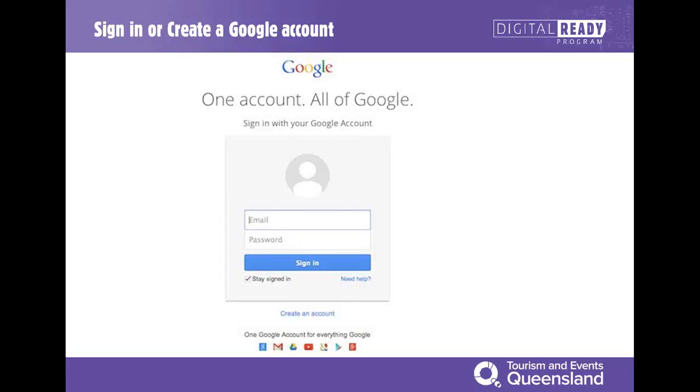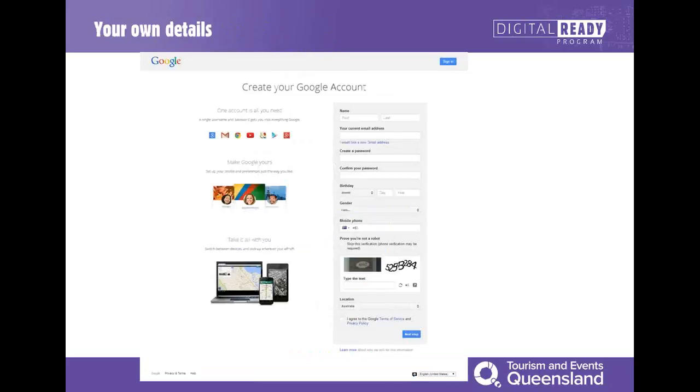Now, for those who have already got a Google account, don't worry, you can still have all these accessed in here by you under one account. So if you've got an account that's been set up for Google, an account that's been set up for YouTube, and one that's been set up for analytics, don't worry, because you can join them all together and access all your accounts from one. So the screen would be slightly different here. Once you've signed in, you can actually add accounts. Now, I won't go into that today, but if anyone's interested, please drop us a line later and I can go through that with you individually.